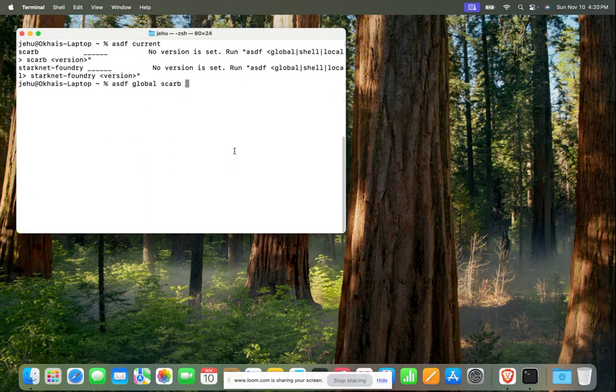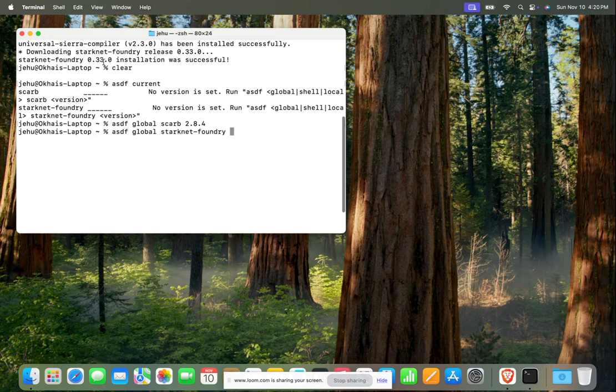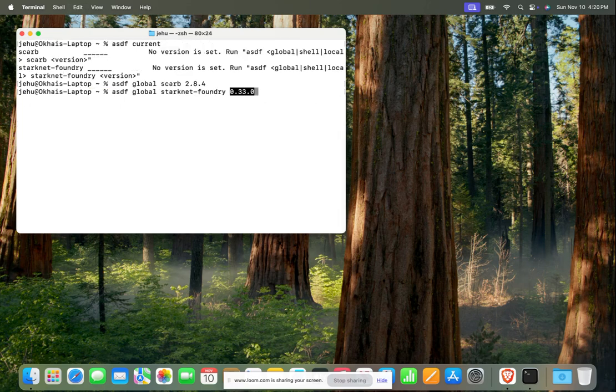We installed 2.8.4, so we want to set that as global. Then we'll do an ASDF global Starknet Foundry, and then we'll put the version also, which is 0.7.0. So we'll do this, and we have both installed on our operating system. And then if you do ASDF current now, you should be able to see the two. So 2.8.4 and